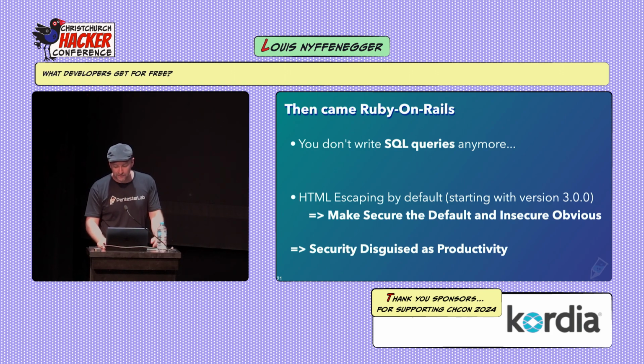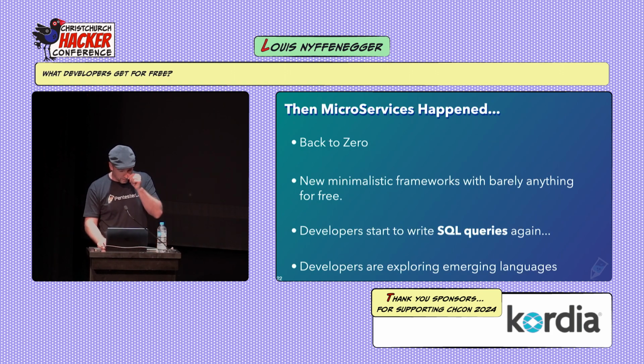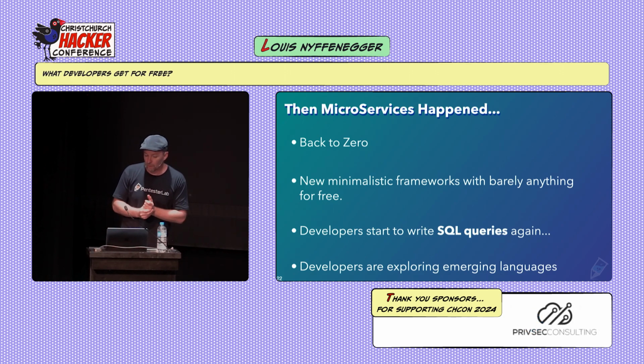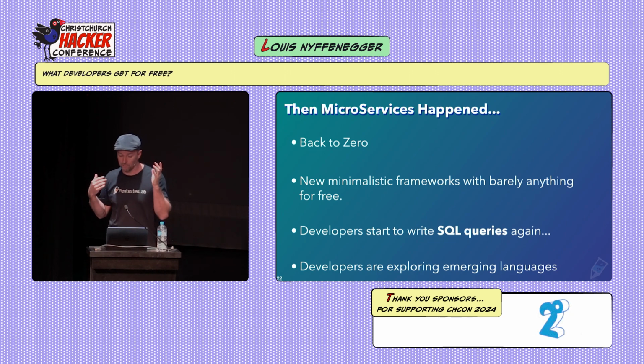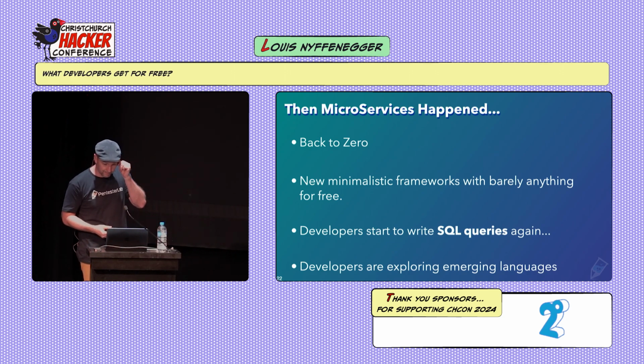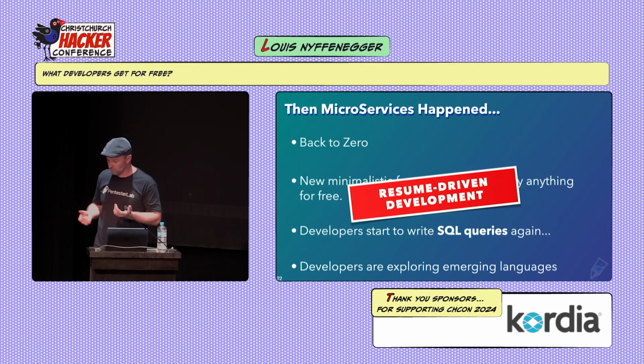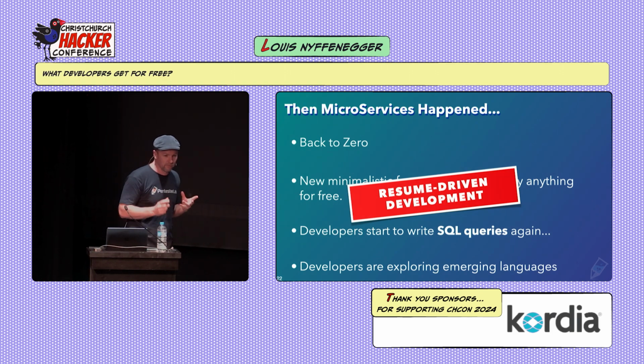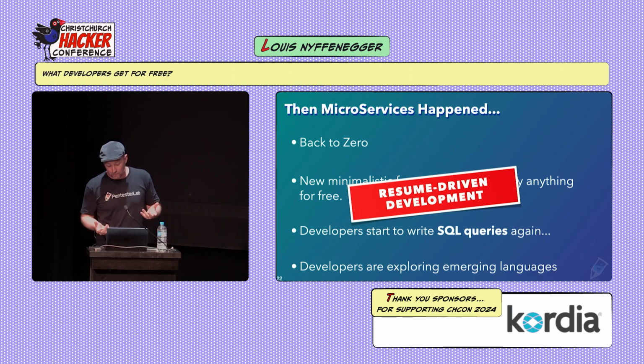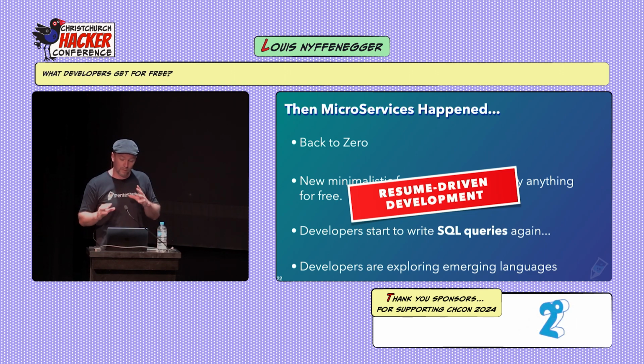And then the dark days of application security, microservices. So it was back to zero. Developers started to use minimalistic frameworks with barely anything for free. They got back to writing SQL queries. Also exploring emerging languages, emerging frameworks. That's what I used to call resume-driven development. So basically people were adding as many technologies as they could in their resume, which is great for them, but not so great for security